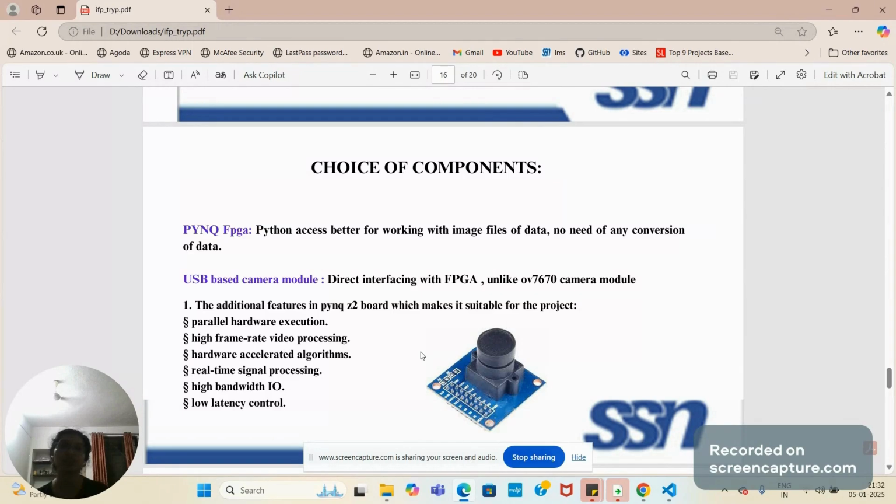In case we are using a Nexys board, there is no direct USB connection possible, and we have to manually connect every single pin of this to be able to access the camera. And also this kind of camera module is way slower in comparison to a faster USB camera with more quality. So additional features which are the basic features of Pynq: hardware acceleration, high frame rate,